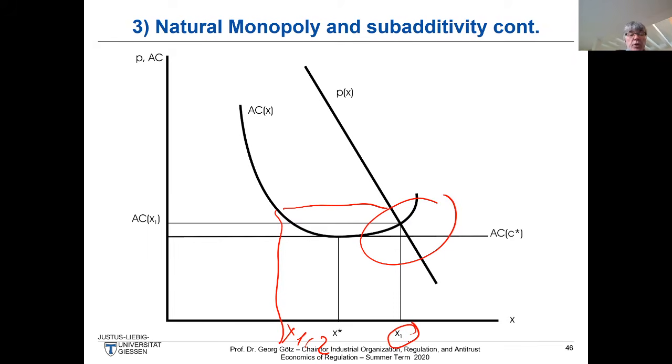And remember our tutorial class on Tuesday, where it was very important what the relevant ranges are for whether economies of scale are still active. What we saw is, in the example with the capital K, the fixed capital, if for instance the demand curve would go through here, we would see economies of scale over the whole range. If the demand curve were out here, we would have several firms in the market and no more subadditivity. So that's what's important with respect to the relevant range.